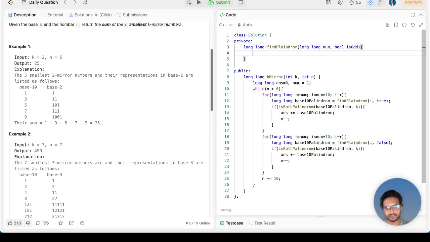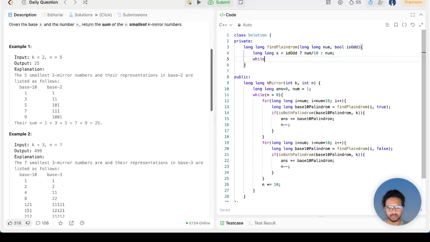Then I take a long x, which will be number divided by 10 if it is odd, otherwise number. So x is number, and every time while x is greater than 0,